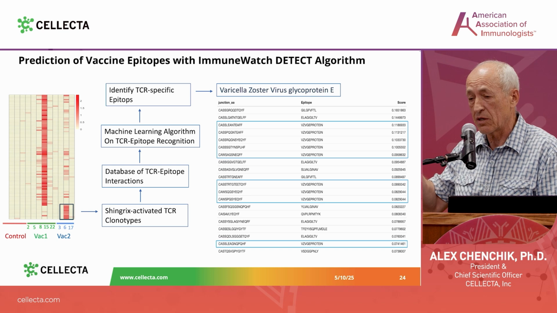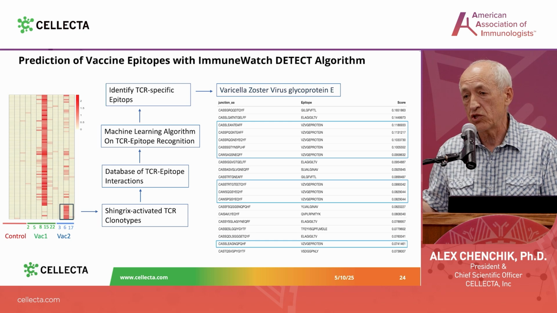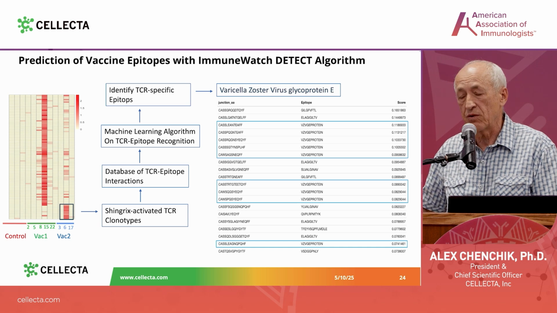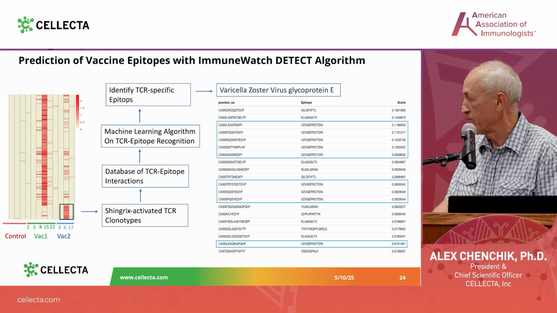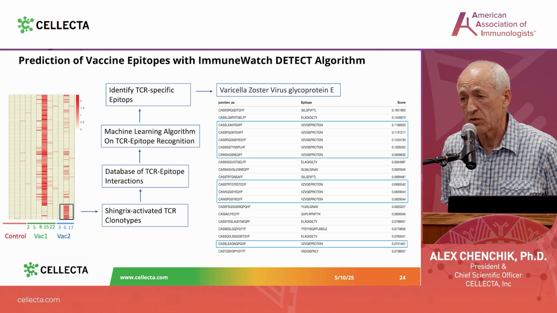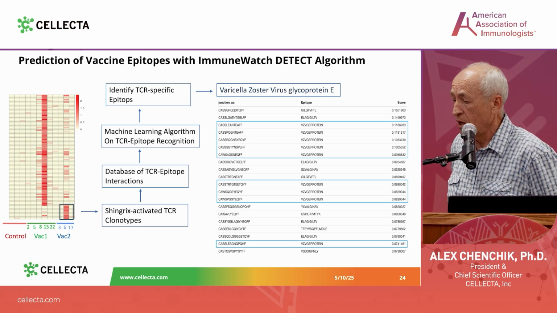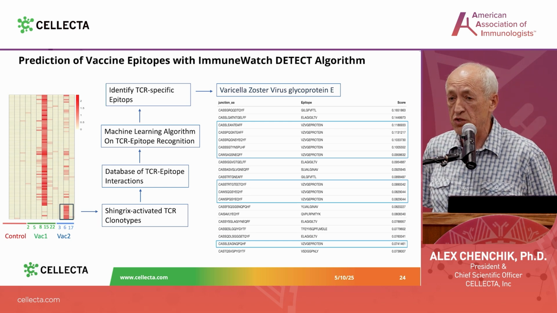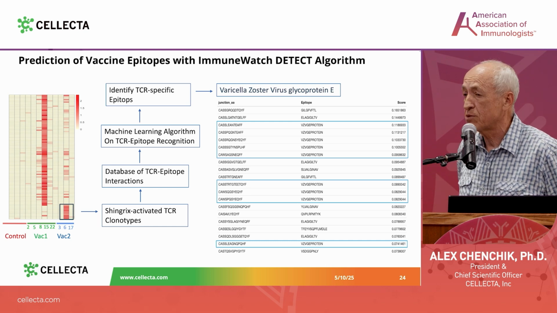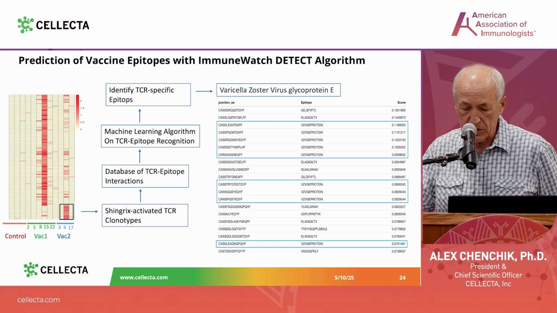A couple of words about connections between the sequence of T-cell receptors and antigens. We tried to match the T-cell receptors which we identified in these studies with the potential antigen which induced this type of immune response. We collaborate with the company ImmuneWatch in Europe, and these guys are among the best, who have developed a special machine learning algorithm which allows them to match these sequences. And for the first vaccination, they were not able to discover any hits, but for the second vaccination, they showed that the majority of clonotypes which we identified in these studies correspond to glycoprotein E of zoster virus,